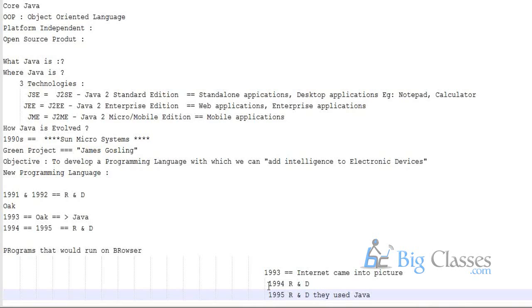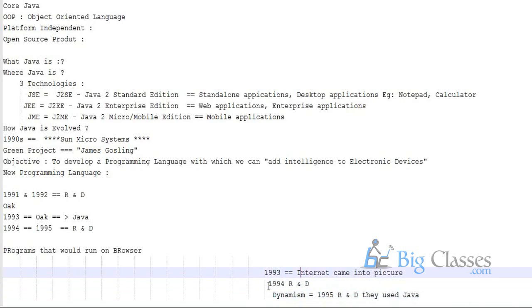You know that the internet can be surfed using a browser. A browser is a must to surf the internet. Here, the Java programming language gave dynamism to the internet from 1995. So let me write that: dynamism.